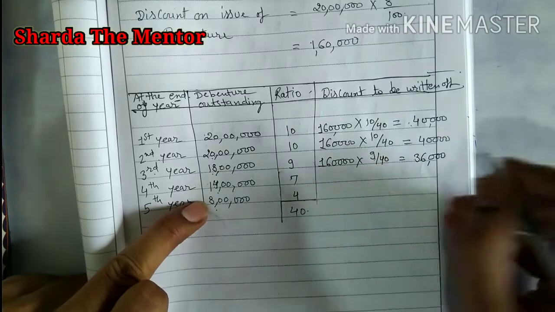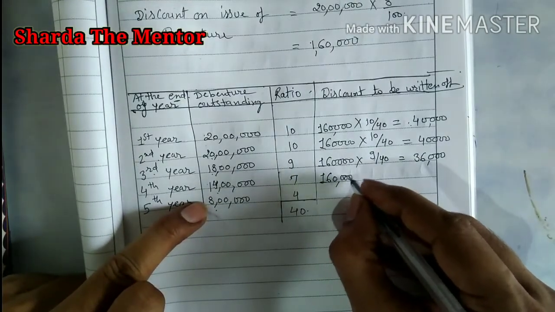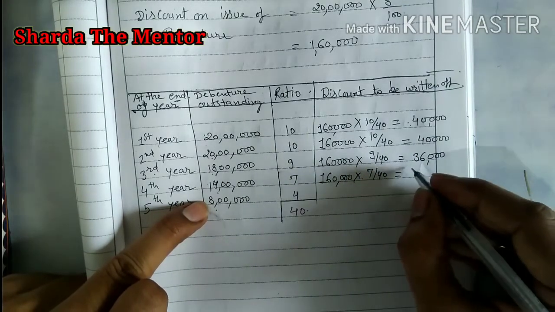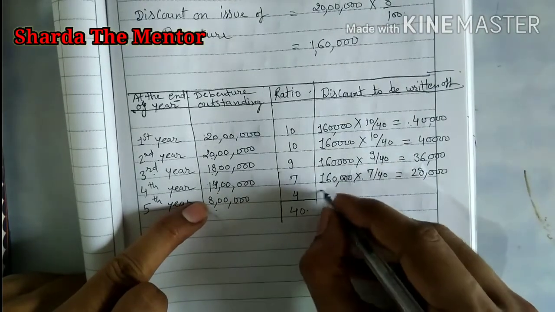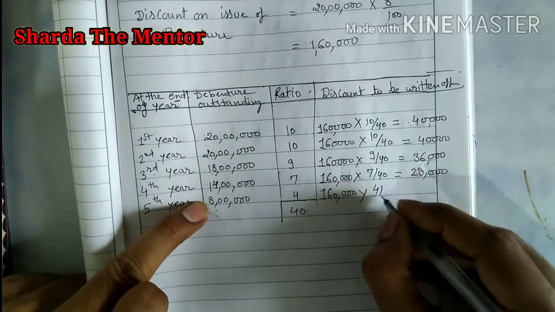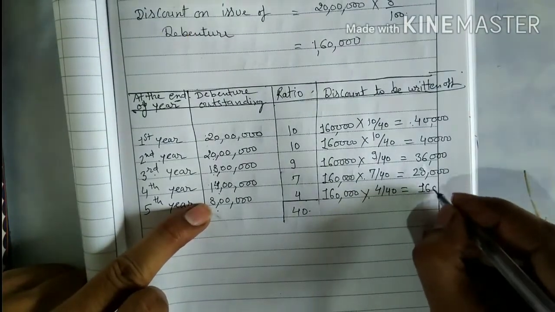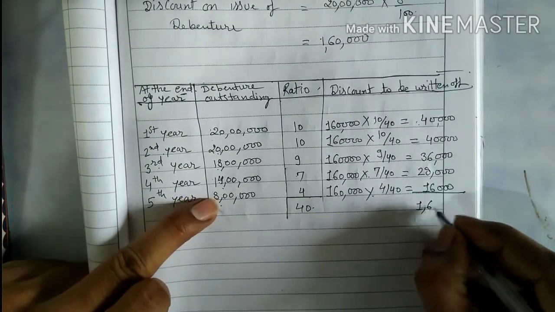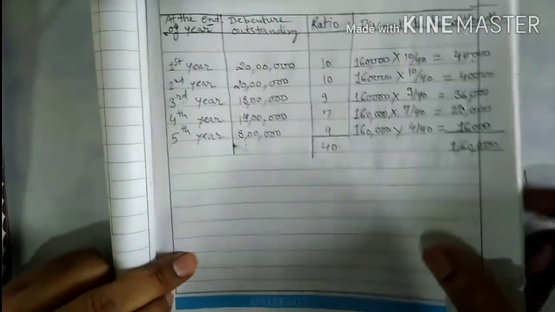So here that is 36,000. Then again 1,60,000 into 7 by 40, so that will be 28,000. And here 1,60,000 into 4 by 40, so that will be 16,000. So in that way you can write off, so the total amount that will be. Now